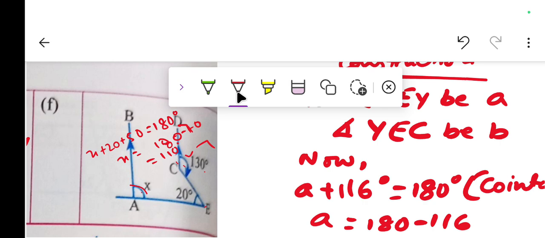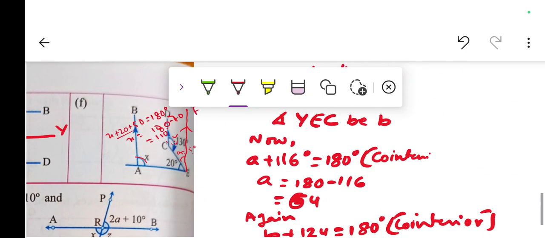Over here I'm talking about doing a construction, a construction of a line parallel to CD and AB. So here 130 is, you can call it A or B, something like that. EF parallel you make, and A plus 130 is equal to 180 being co-interior angles, and you'll get A is equal to 50 degrees. From there you'll find this. So this is how it is done.